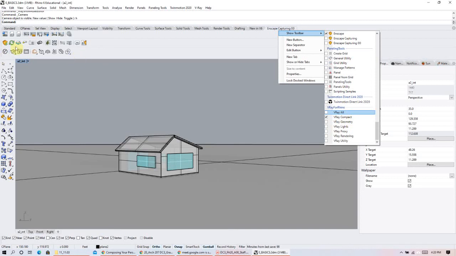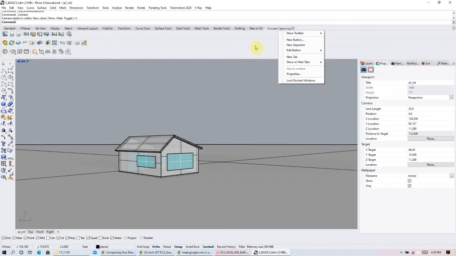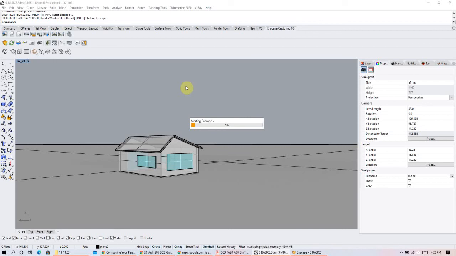And then you'll get this interface, okay? Probably should have gone over that first. Sorry. Okay, so once you have this, the quickest and easiest way to start Enscape is to click the play button. So Enscape starts, and what it will do is it's like this separate window that's going to pop up,